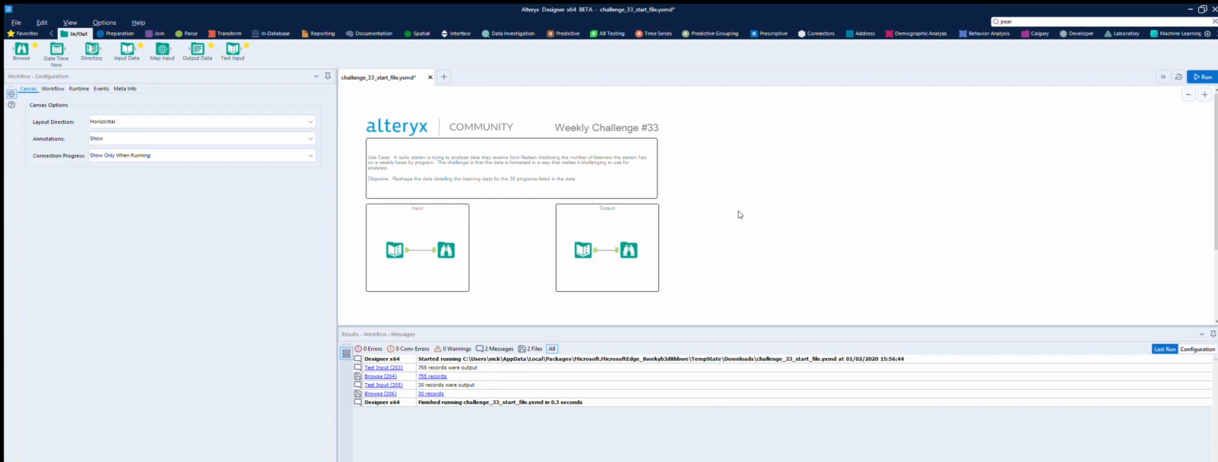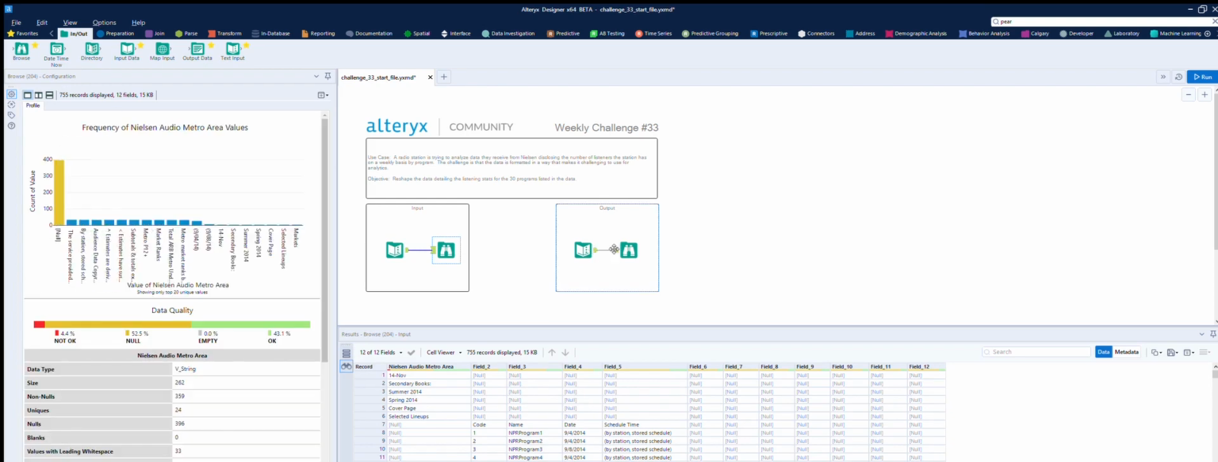Now, I've been looking at this for a couple of minutes. I actually just opened it and ran the workflow so that I've got something to look at in the browser. And this data set that we're working with is pretty hard. So I don't understand why you want to produce something like this. Anyway, what we seem to have in here is